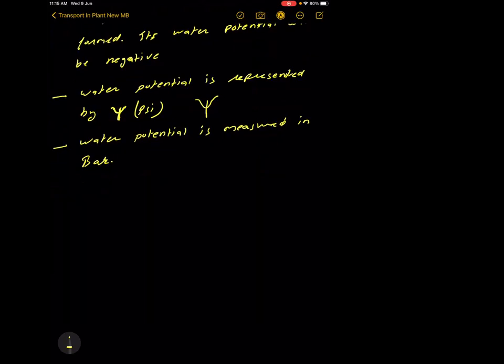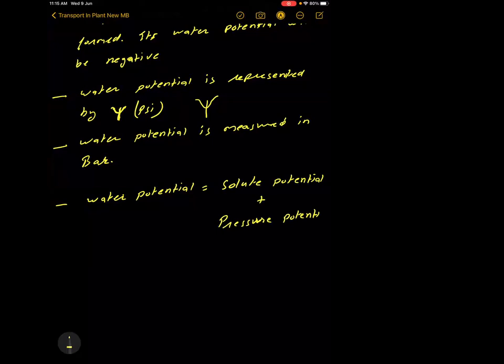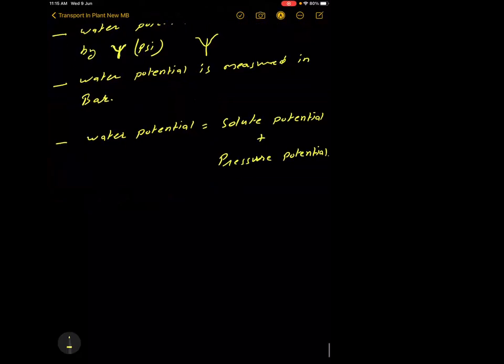Generally, water potential is equal to solute potential plus pressure potential. Here water potential is denoted by psi, sorry, not psi m, psi w. So this is water potential is equal to psi s plus